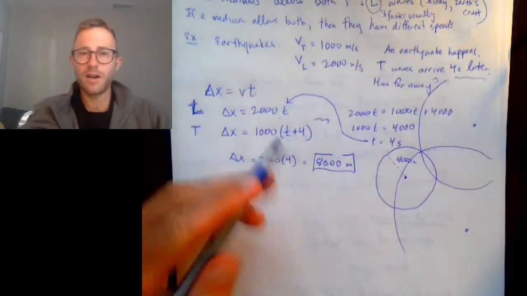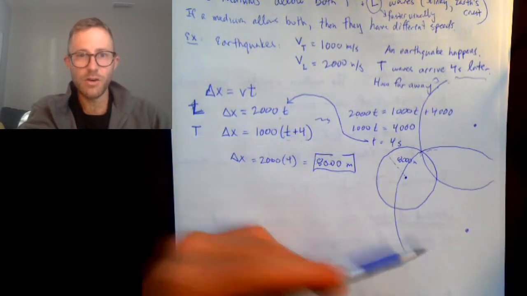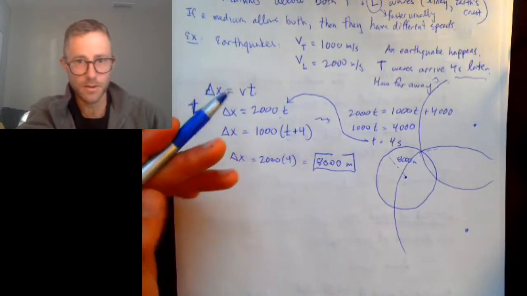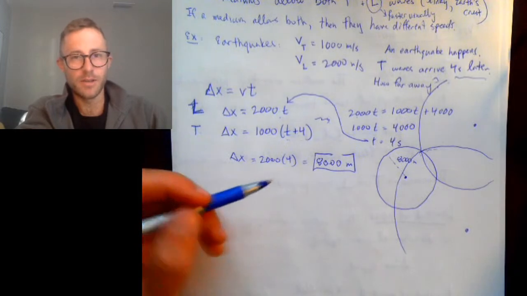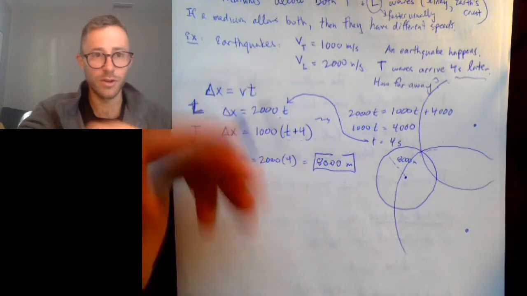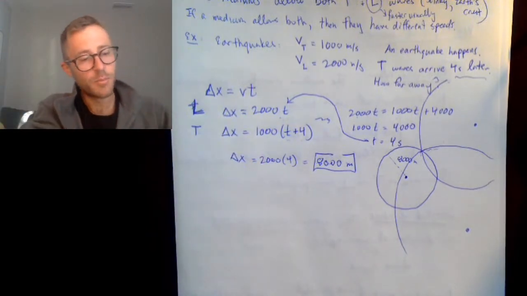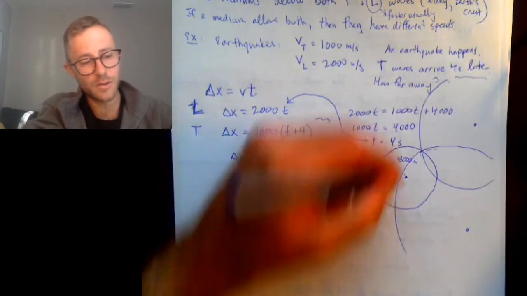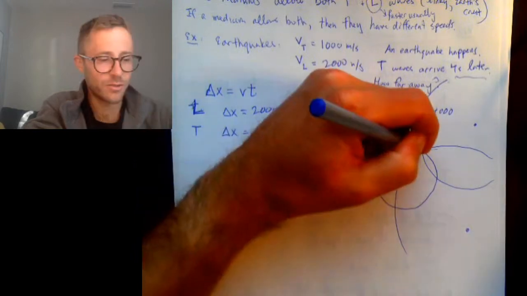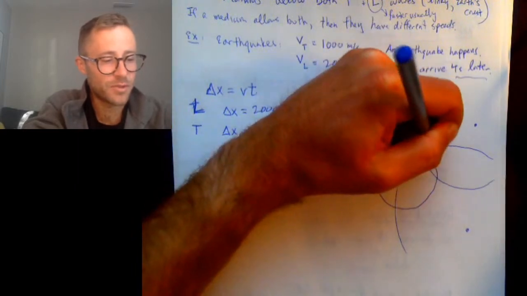So we have 3 detectors, and they are all able to calculate how far away the earthquake was from them. Because the detectors are at different locations, they see the earthquake at a different distance away. But if we have multiple detectors, we can see that the only spot that is consistent with all of the detectors is right there. So that is how we determine the epicenter